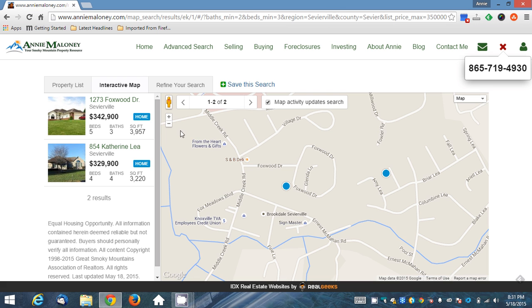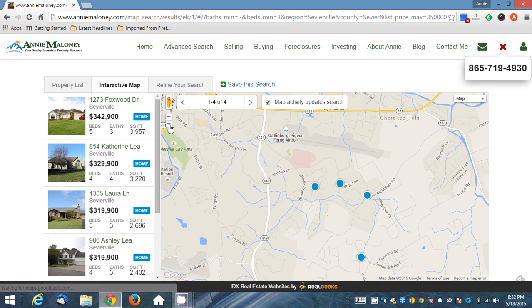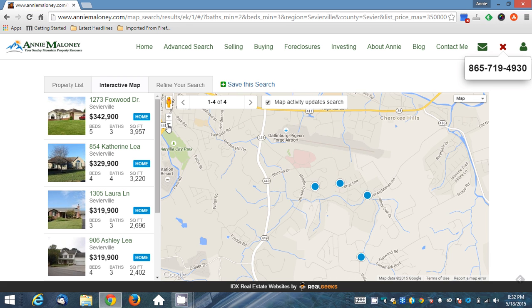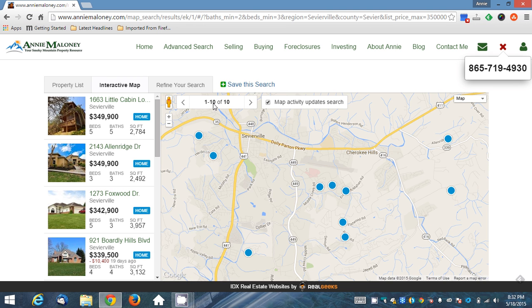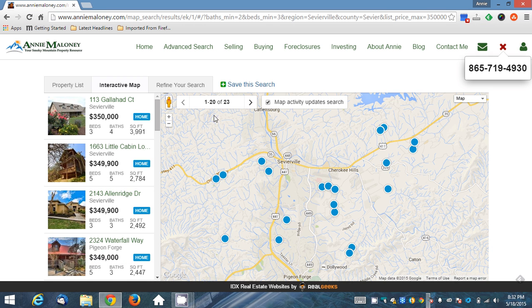And if you want to zoom out to look at more listings or to look at a different street view, you can do so simply by clicking on the minus sign here. And you'll see over here on the left, as we zoom out, it's populating that list with more properties. It went from 4 to 10, and when I zoom out one more time, it brings the list up to 23. And that's pretty much the gist of how to use the interactive map and how to use the Street View